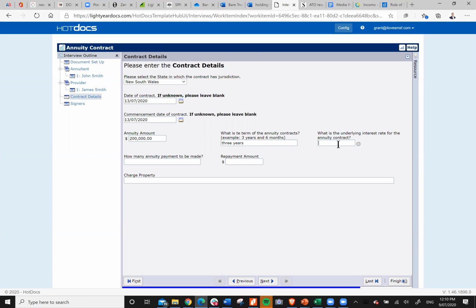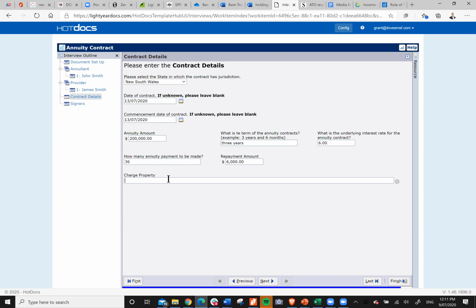So what's the underlying interest rate of the contract? So we'll just put 6% there. How many annuity payments have been made? 36. So I've got my little calculator out, and the repayment amount is $6,000. I think it's actually about 6,074, but I'll just put 6,000. Now, the charged property, we'll just put